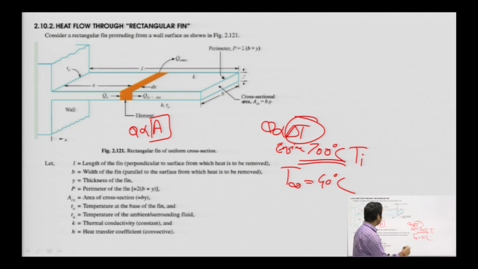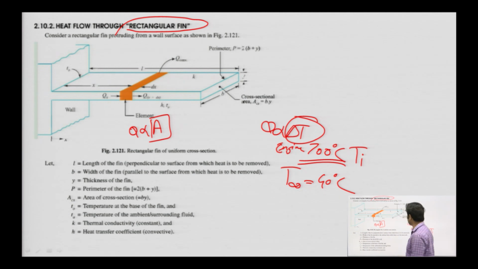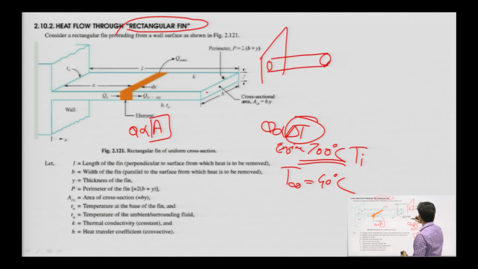Okay, so it's pretty simple here, as I've already done in my previous theory videos. So let's do it again. It's a rectangular fin. The rectangular fin is just because we have a rectangular cross-sectional area. Had it been a cylindrical fin, it would have been like this. So that would have been a cylindrical fin, but it is right now a rectangular fin.